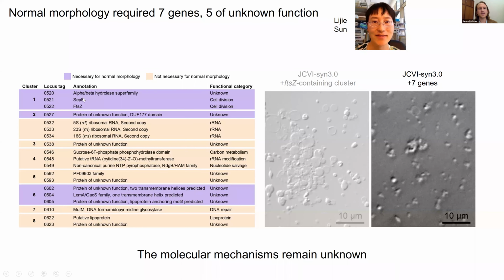And while FTSZ is known to participate in cell division, and this other protein, CEPF, is known to help FTSZ interact with the membrane, these other 5 genes, some of which are highly conserved in bacteria, including this gene 527, which has a highly conserved domain, as well as gene 604, which likewise has highly conserved domains and is part of a highly conserved family of proteins. The molecular mechanisms of these genes are unknown, and we don't know how they contribute to the process of normal